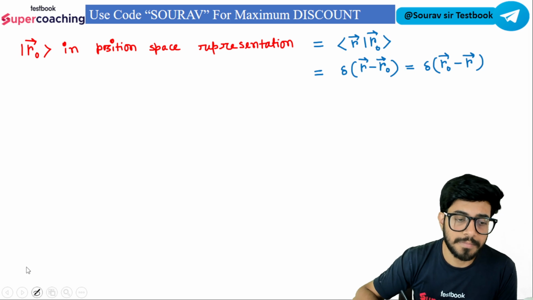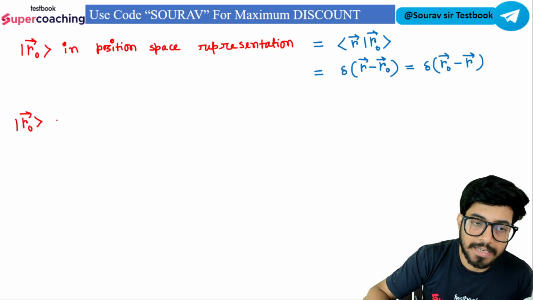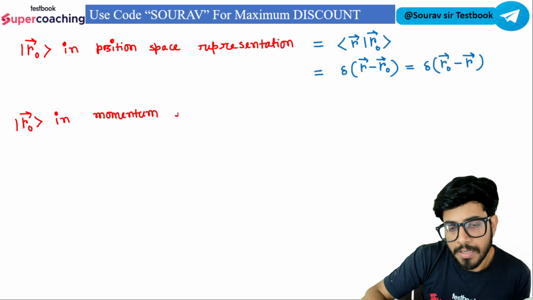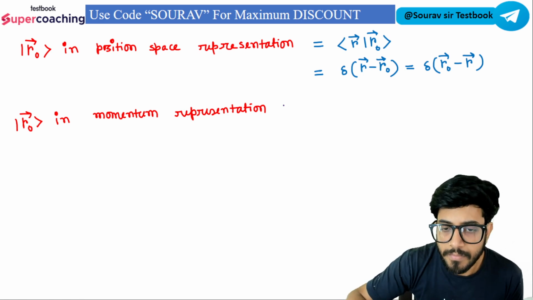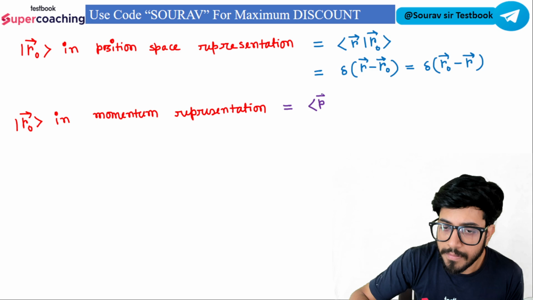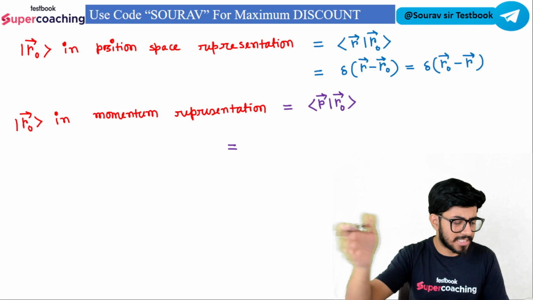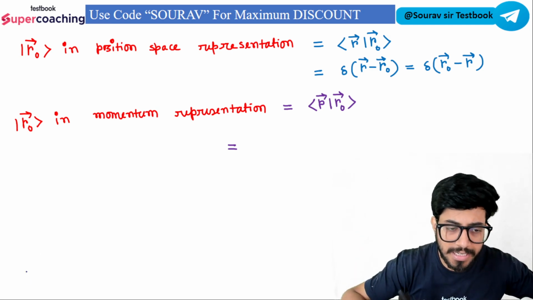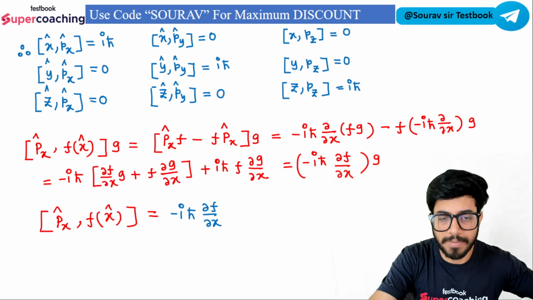मोमेंटम रिप्रेजेंटेशन में क्या होगा? R naught vector ket in momentum representation. You can just write it down as P R naught. बहुत बार मैंने तुम लोगों को प्रूव करके दिखाया है, वैसे भी क्लास में प्रूव करके दिखाया है और ऐसे शॉर्ट वीडियोस में प्रूव करके दिखाया कि पोजीशन मोमेंटम रिप्रेजेंटेशन कैसे एक दूसरे के साथ रिलेटेड होता है. तुम लोग अगर प्रीवियस लेक्चर देखोगे तो you can just see by yourself